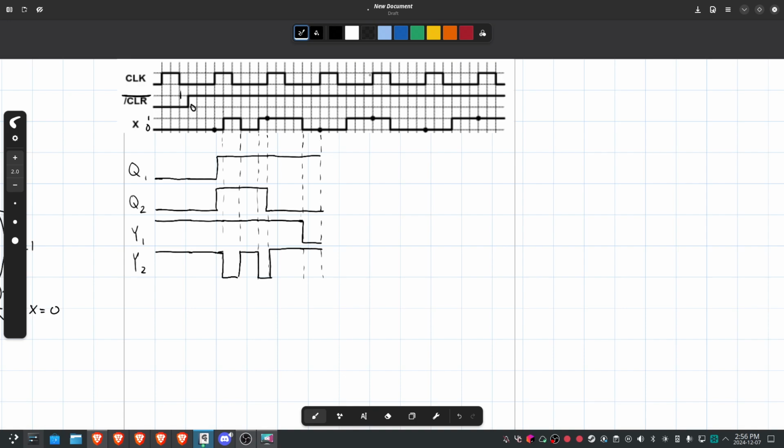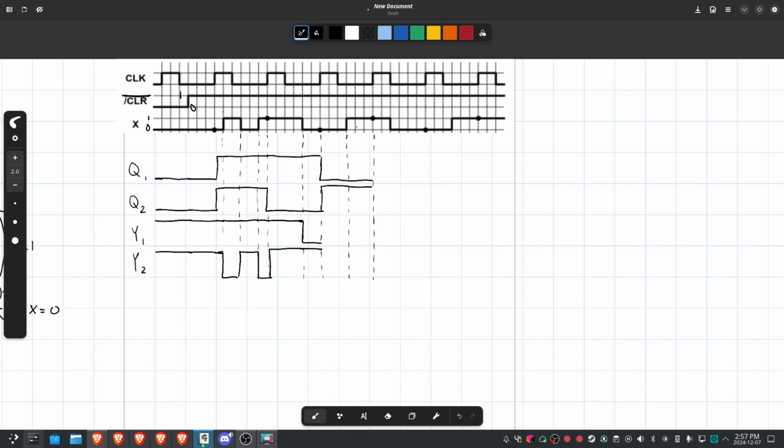And they're going to stay that way until the next rising edge. Q2 is going to rise up to 1, like so. Q1 is going to drop to 0, like so. What happens to Y1 and Y2? Well, let's look here. Once again, draw your borders